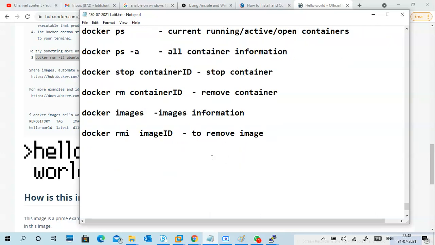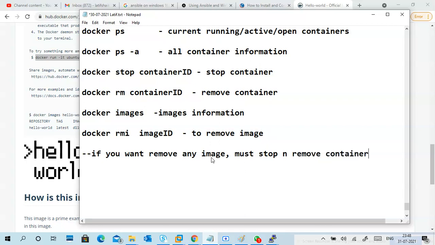Just for a note, if you want to remove or delete an image, you must stop and remove the containers on that image.